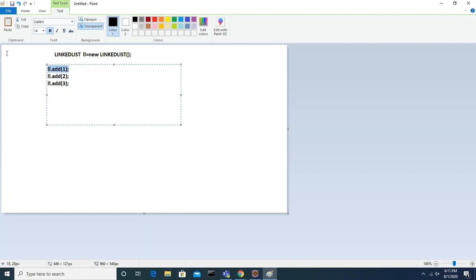Now what you have to understand is what will happen when you add an element to the LinkedList. What will happen when you add an element to an ArrayList? You guys know that, right? In the ArrayList case, everybody is clear, right? Yes, sir. Let's talk about the LinkedList now.